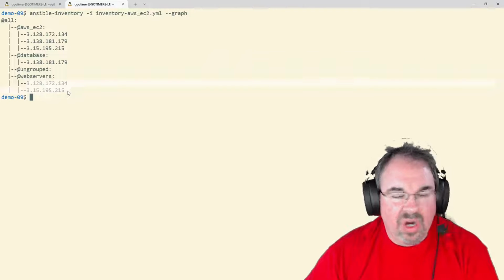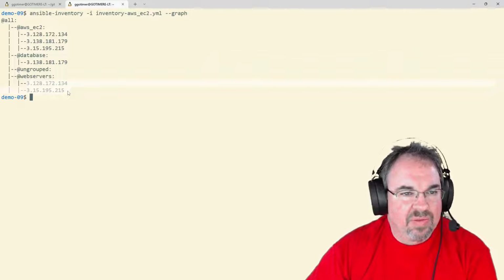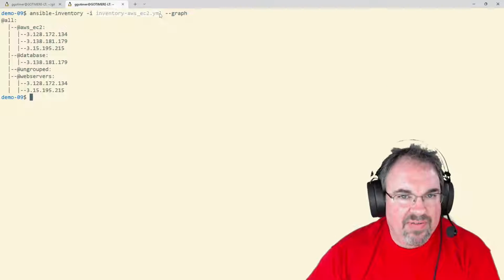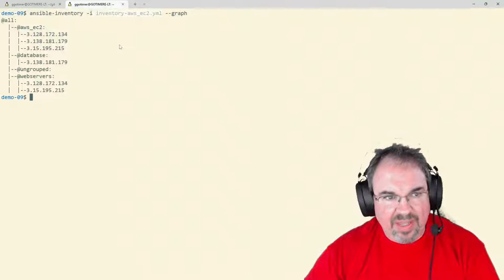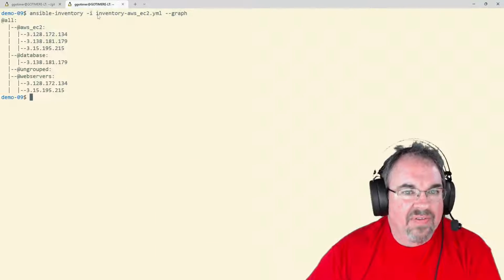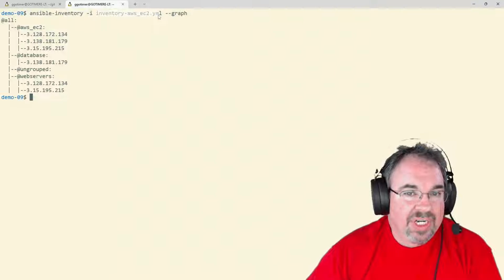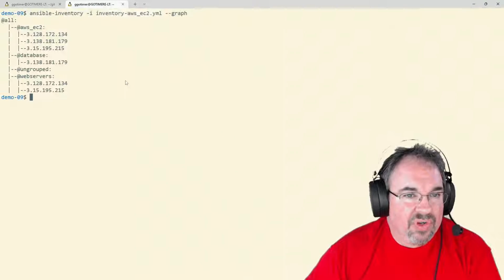So that happened automatically. And if I was to delete one of the boxes with Terraform and stand up a new one in its place, the next time I run this, it would be different. Now, it's not going to create a file or anything for me. It's actually doing this on the fly. So this is good. Anytime something changes, I have a new inventory,